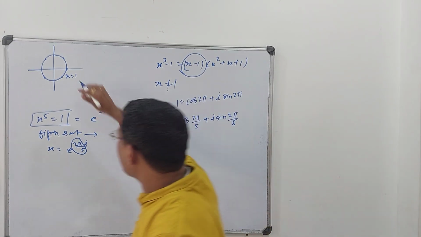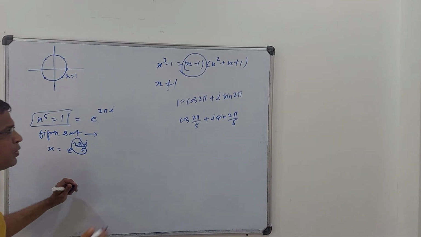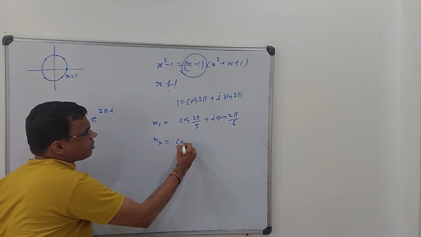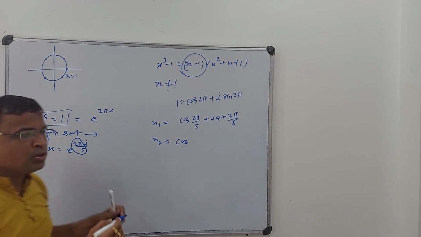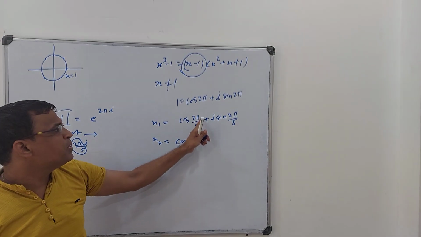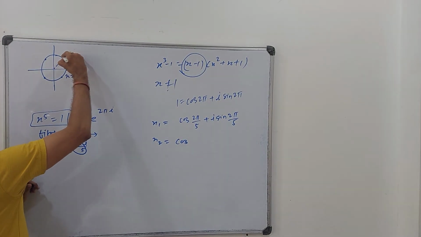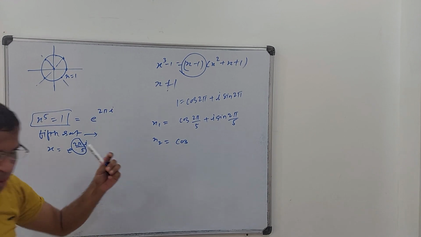Now what will happen? I should get 4 solutions. Fine. So what could be those 4 solutions? So that is the first solution. Second solution is cos, what will be 2 pi? 2 pi by 5. If you just know the conversion of radian, it is 360 upon 5 is 72 degree. So 72 degrees somewhere here. That's why I told you. So next will be somewhere here. Next will be somewhere here.